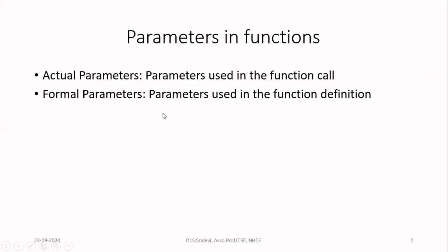Okay, so now before proceeding to pointers and functions, we will recollect the parameters used in functions. Generally, we write functions to do a task so that whenever we want to do that task, we can call the function again and again instead of writing the code. In a function oriented approach, if you want to write a particular step many times in your program, it is not necessary to write the steps again and again. You can write one function and call it whenever you want to implement that particular work.